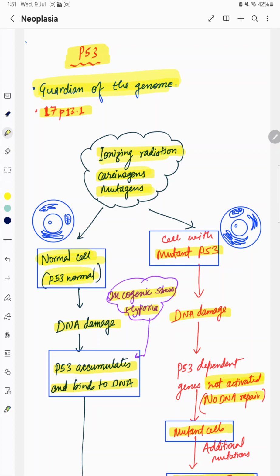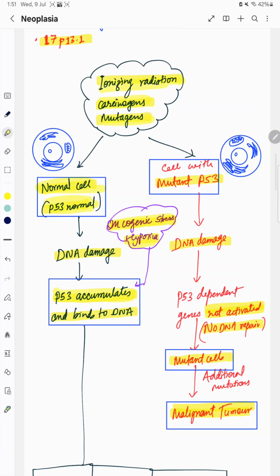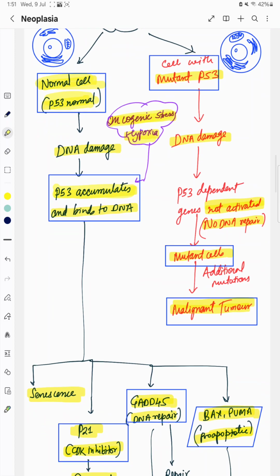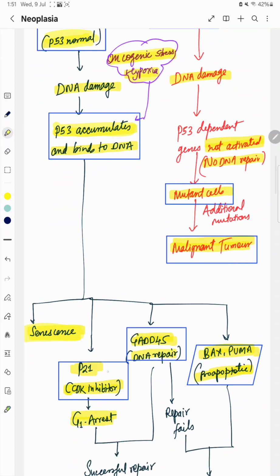This DNA damage will result in the accumulation of P53 which binds to the DNA, or some oncogenic stress and hypoxia may also result in P53 accumulation and it binds to the DNA. Now these damaged DNA cells can have four fates. They may go to senescence, or